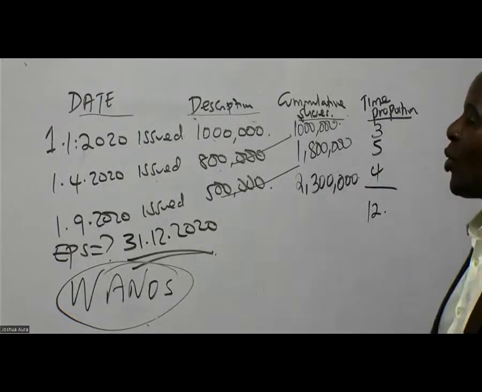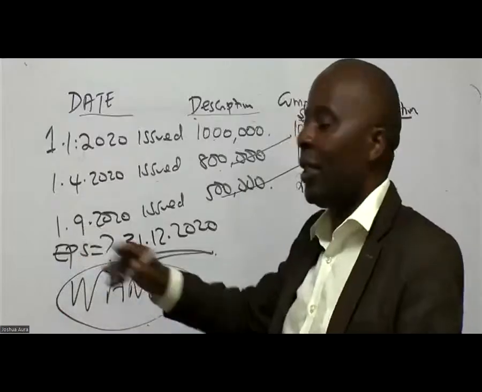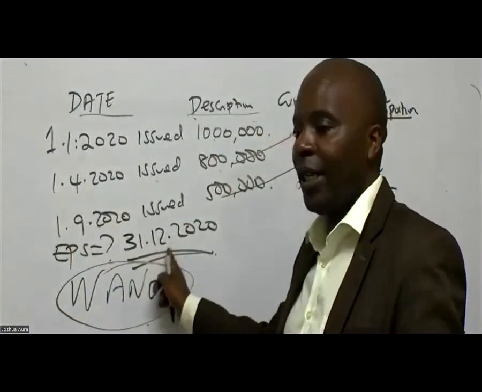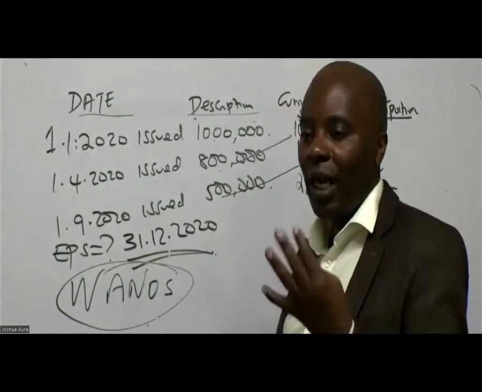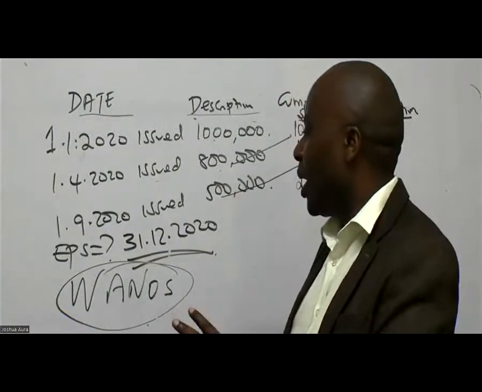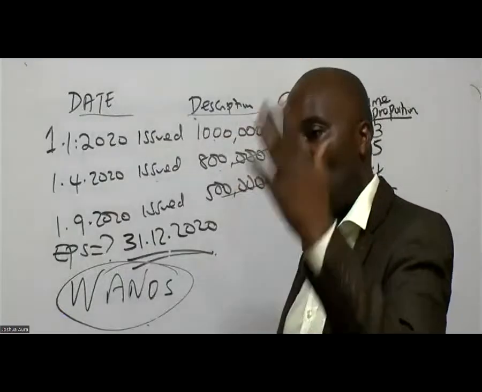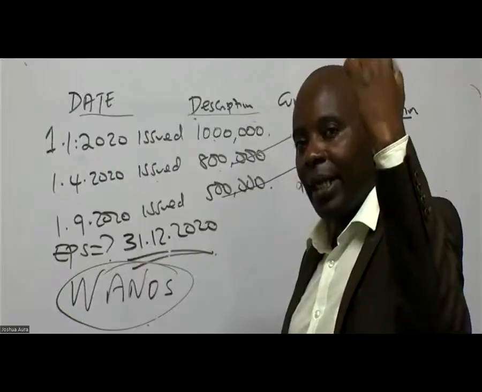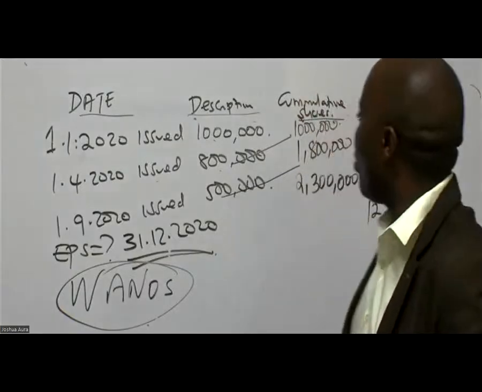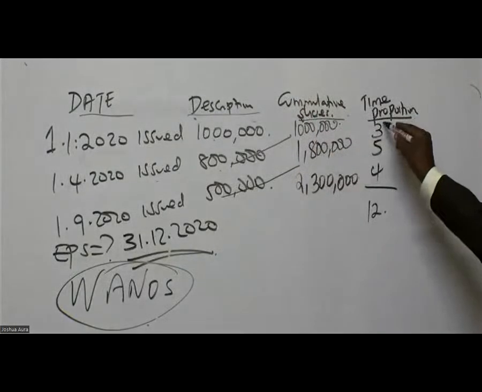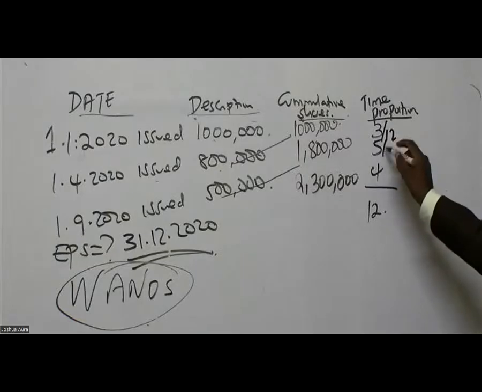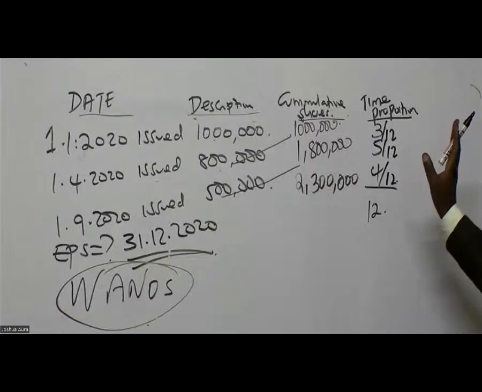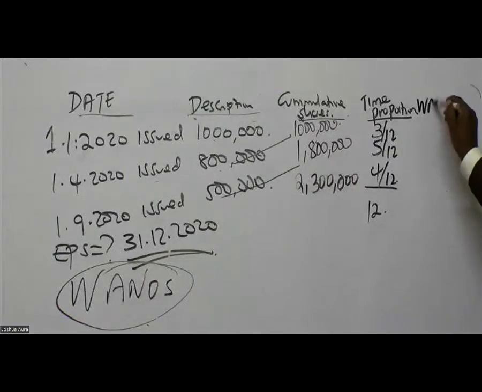Alternatively, you can also count from September, October, November, December, up to the end of December. There are 4 months like that. So of course here these are supposed to be time proportions. So 3/12, 5/12, 4/12. And because we don't have any bonus fractions,